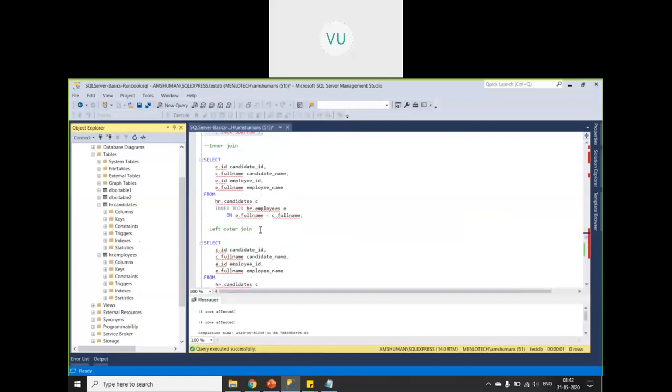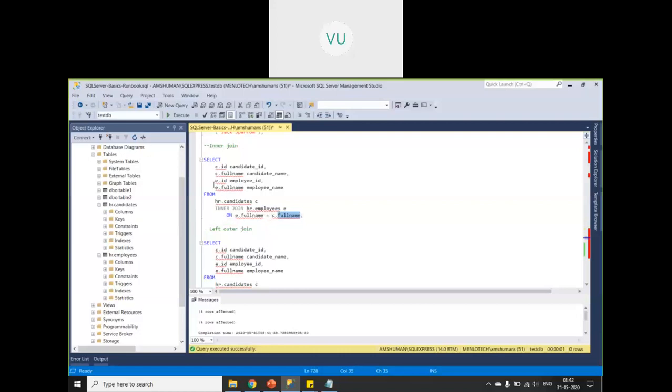Okay. Now coming to inner join. What exactly is inner join? When you are joining two tables based on a column, one column from the first table and another column from the second table, and the condition is equal to.